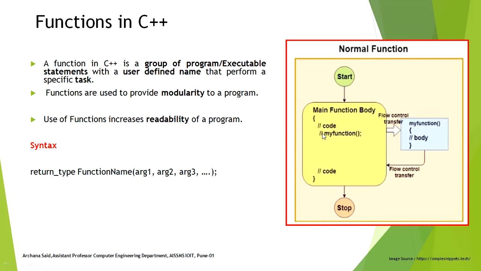If a function is present in a given program, before the function call the previous statements are executed one after the other. Whenever the function call occurs, the control is given to the function definition. The set of statements is executed, which is called the function body. When the function terminates, the control is given back to the calling program, that is, the very next statement after the function call. The next set of statements are executed and finally the program terminates. This is how the function gets executed in any given program.